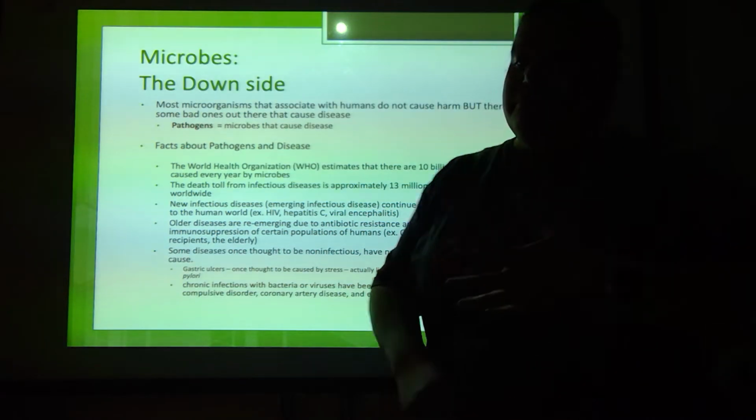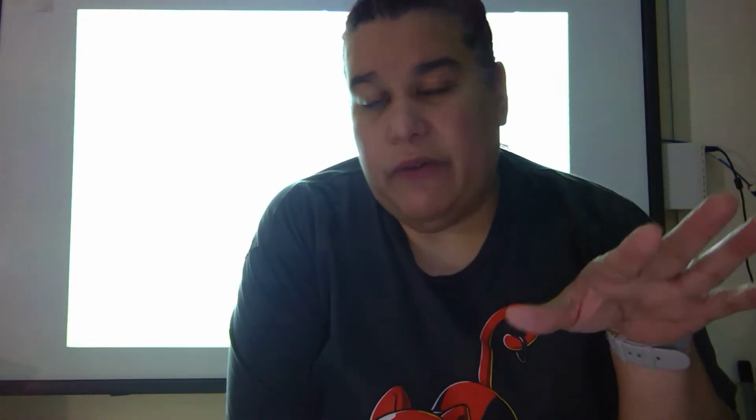Before 1960, there was no such thing as HIV. Ebola didn't come around, I think, until the 70s. COVID has been around, but the specific strain COVID-19 didn't come around until 2019. So there are emerging things. You have to remember that things mutate, things change. That's one of the reasons why flu shots get changed up every year and you have to get it every year, because there are so many strains of the flu that one shot wouldn't cover them all.